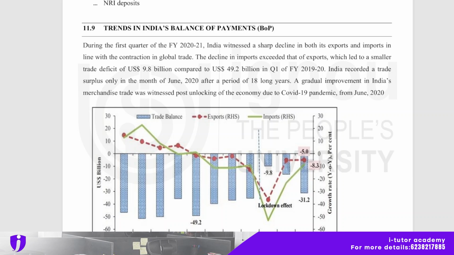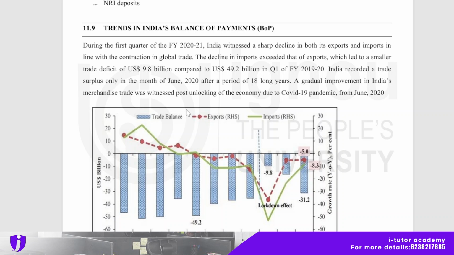And there are trends in India's balance of payment. During the first quarter of 2020-2021, India witnessed a sharp decline in both its exports and imports in line with the contraction in global trade. So this varies with budget and economy, and import and export, everything is dependent on this. The decline in imports exceeded that of exports, which led to a smaller trade deficit of $9.8 billion compared to